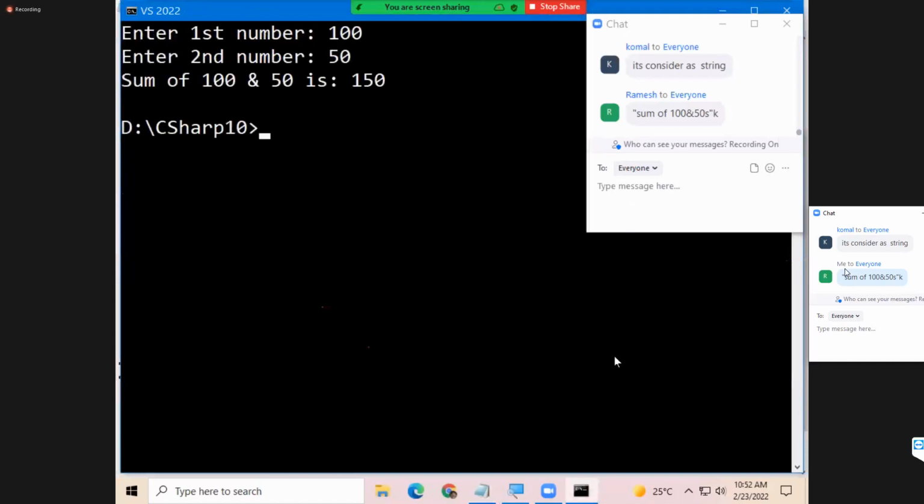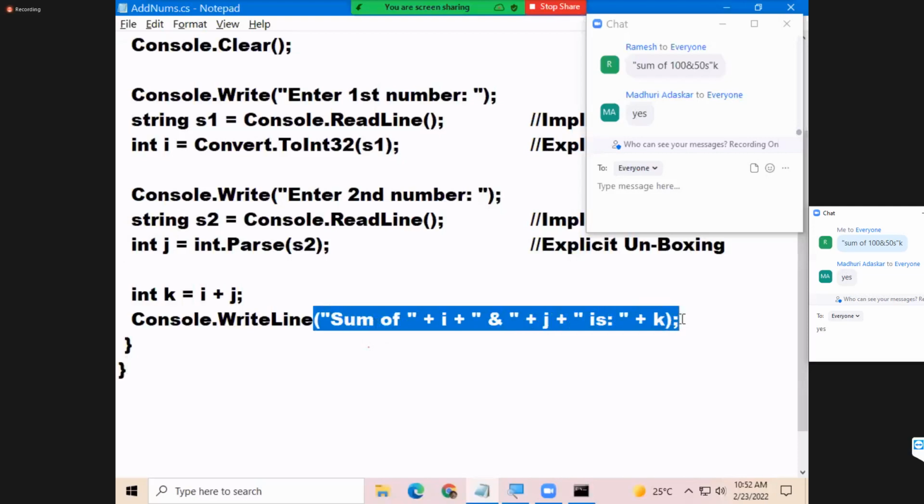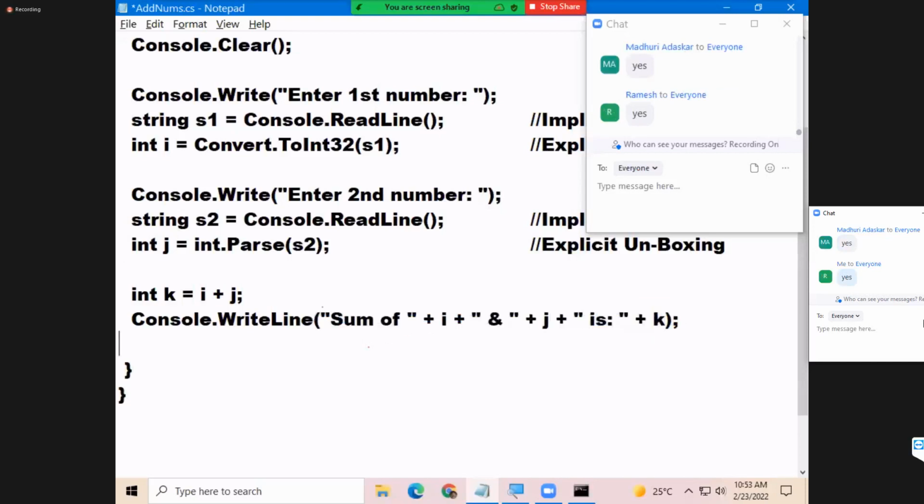Guys, understood? This is how. And this is a very traditional way of writing the code since the 1950s and 1960s, when COBOL, Pascal, Fortran programming languages were available. From that day onwards, we are following this approach. Nothing new. The very old story. Okay? But when you come to C language, guys, to simplify this printing process,